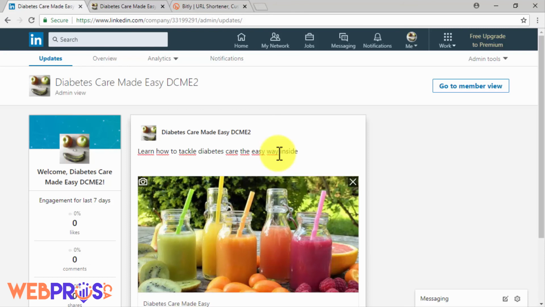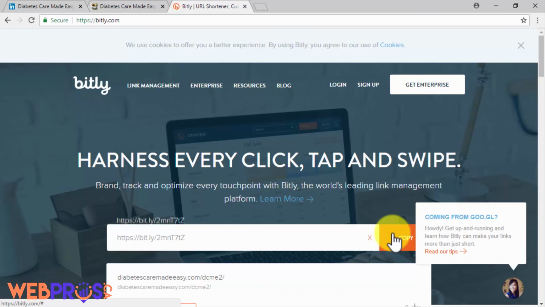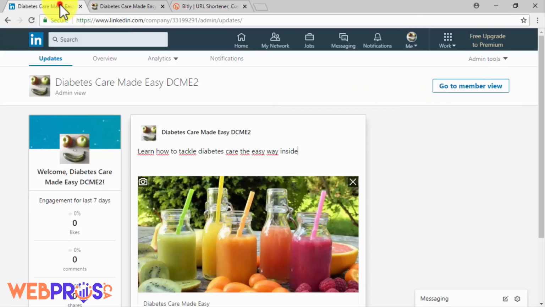We also recommend you to add a shortened version of your URL at the end of your link description. You will simply have to go to bit.ly on your browser and paste your link URL in the shortened URL field. Your URL will be automatically shortened, and you'll simply have to click on the Copy button. Now go back to LinkedIn and paste your shortened URL at the end of the headline text. Awesome! Now you'll be ready to post your new update.